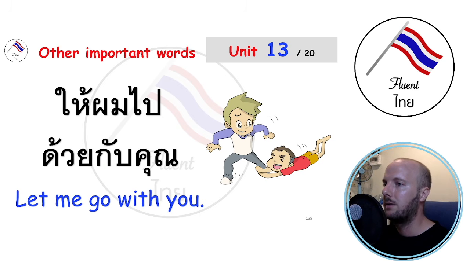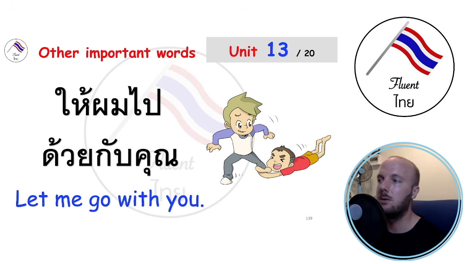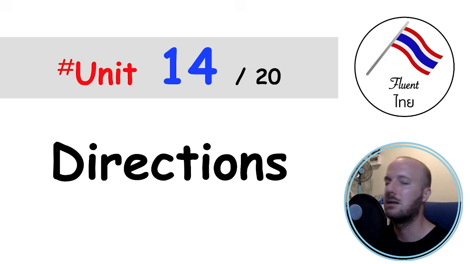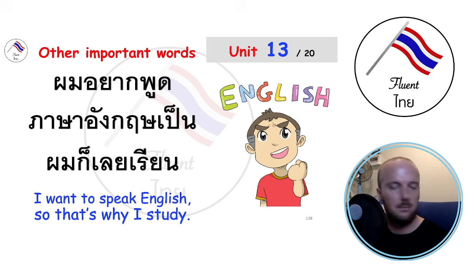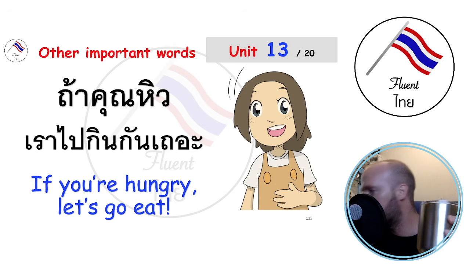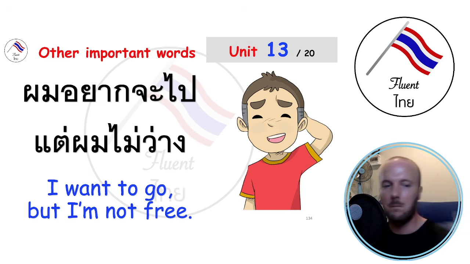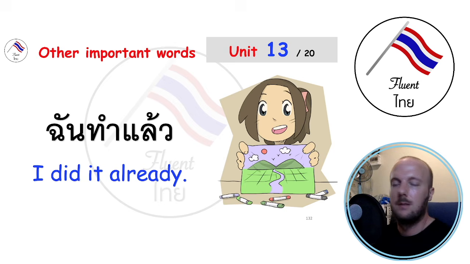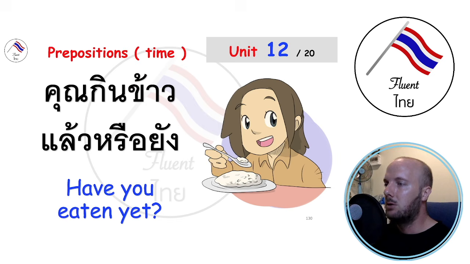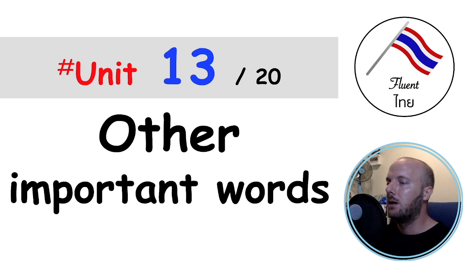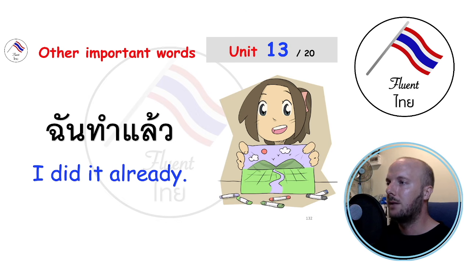Let me go with you. The word for let or allow is the word ให้. ให้ is also the word for give, so just be careful how you use it. All right, let's do some repetition. Other important words, here we go. I did it already. ฉันทำแล้ว